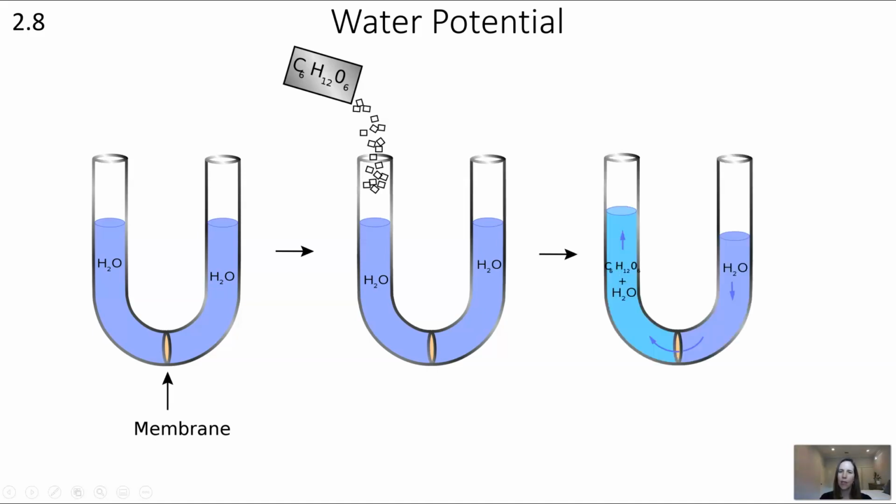So what's going to happen is because we have a high solute concentration on the left, that means water is going to flow into that area. So our net water movement will be from the right side to the left side. And remember that semi-permeable membrane allows water to pass but doesn't allow sugar to pass. So the water level is going to rise. So we know the water is going to move from the right to the left and the water level will rise on the left,